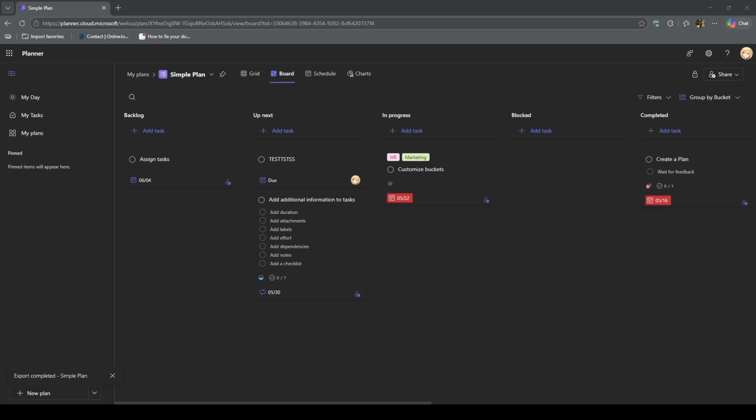From here, you can format the spreadsheet however you like. You can adjust column widths, add filters, sort by due date, group by assigned person, or create charts to show